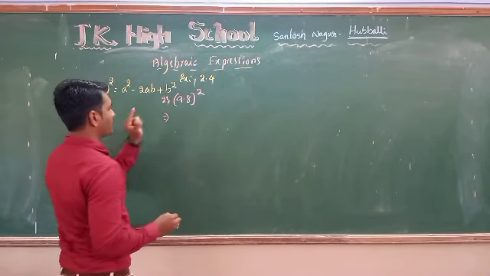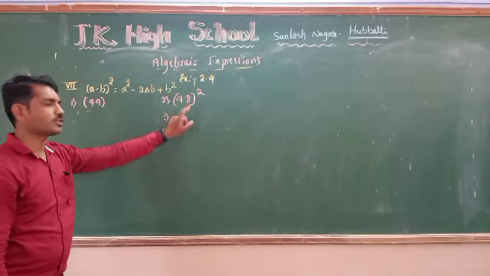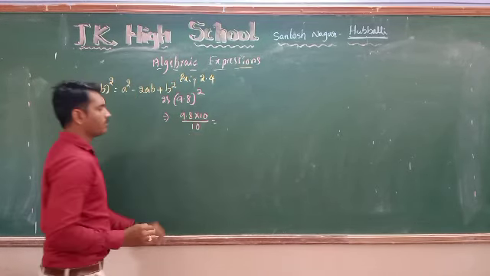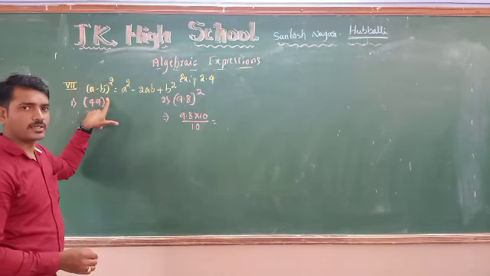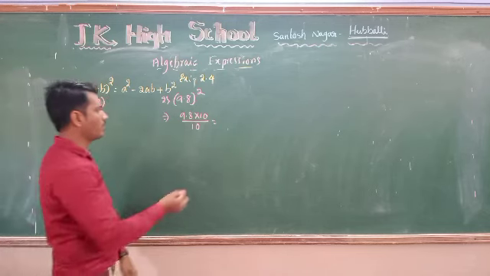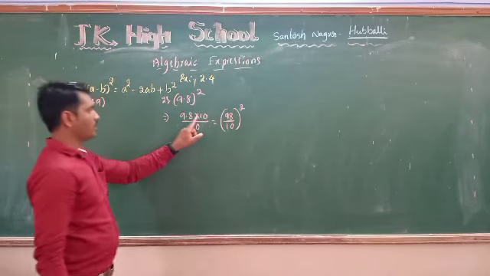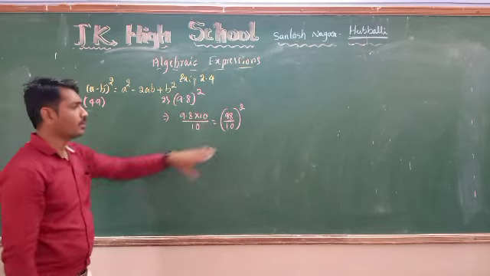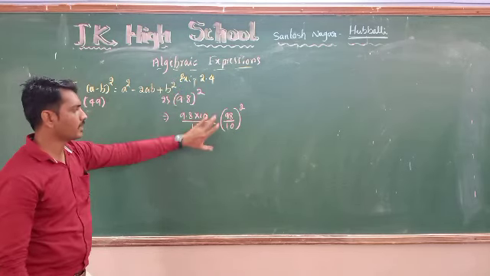First, convert the 9.8 into the fraction form. How will we convert 9.8? By multiplying and dividing by 10, we can easily solve it using the conditional identity. Convert the 9.8 decimal to the fraction: 98 divided by 10, whole square. The 9.8 decimal will convert to the fraction by multiplying by 10 and dividing by 10.